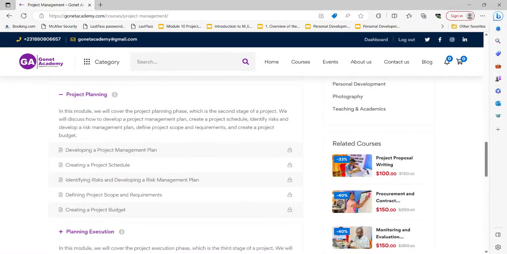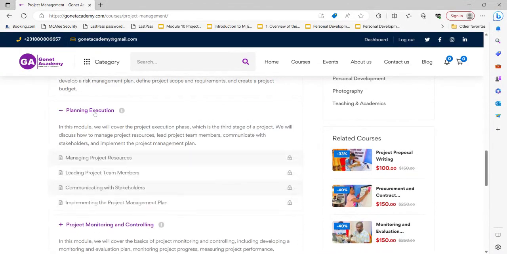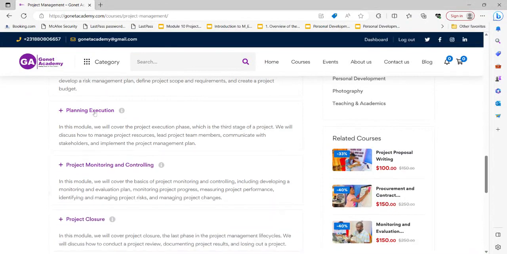In this planning phase, you're going to learn developing a project management plan, creating a project schedule, identifying risks and developing a risk management plan, creating project scope and requirements, and creating a project budget. Now, the project execution phase is the third phase within the project management lifecycle. In this phase, you're going to learn how to manage project resources. You're going to learn how to lead project team members. You're going to learn how to communicate with stakeholders, implementing the project management plan, which is very important when it